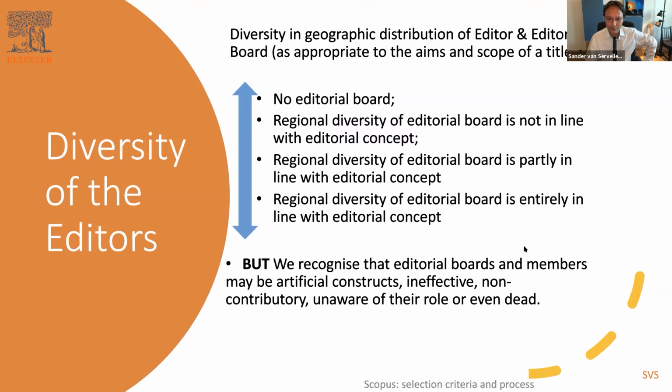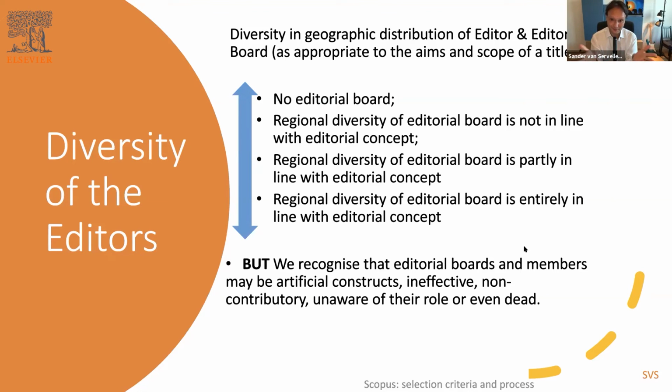But all the editorial board members, other than those cases, should know that they are on the editorial board. There have been cases of submissions where the CSAB member looked at the submission and said, wow, look at this editorial board. It's very diverse. These are quite prominent people in the field. It looks good. I think I'll write one of them an email and have a conversation with them. And it turns out that the editorial board member said, well, I didn't know that I was on the editorial board of the journal, which is